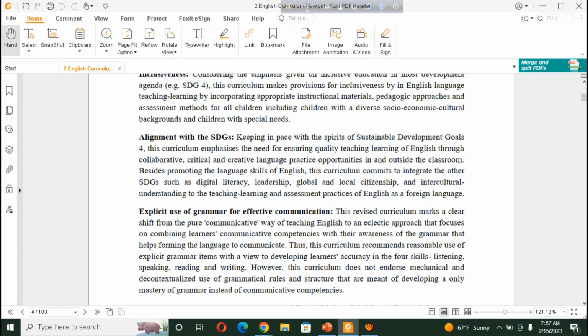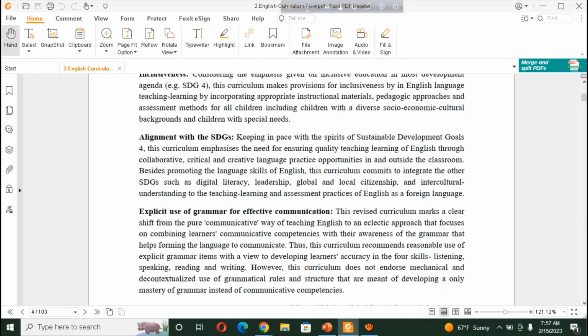Besides promoting the language skills of English, this curriculum commits to integrate other SDGs such as digital literacy, leadership, global and local citizenship, and intercultural understanding into the teaching, learning, and assessment practice of English as a